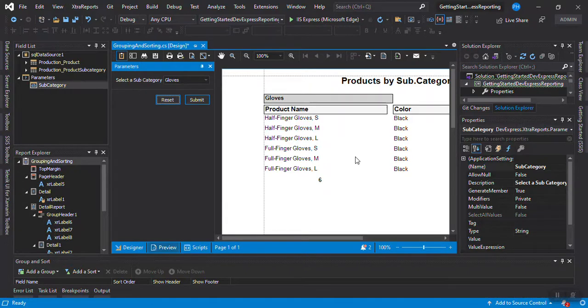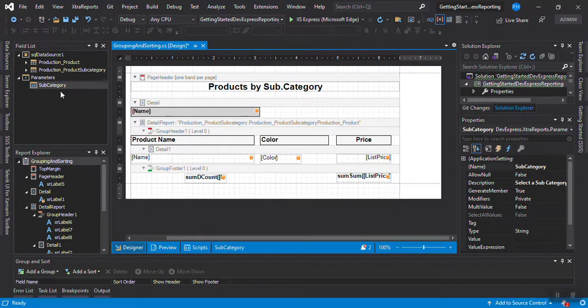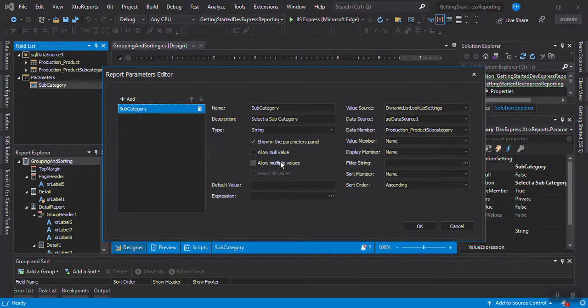But if I need to select one or more than one, I have a problem because I can just select one by one, and maybe it's a problem for me because maybe I need to compare two categories or something. So the next thing I want to show you is how you can customize this parameter to select more than one. Okay, we can edit parameters, and if you see here, we have multiple values. So if I check this,